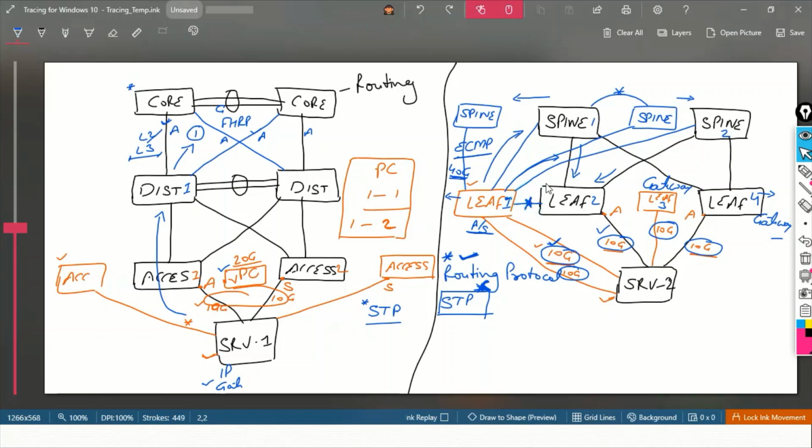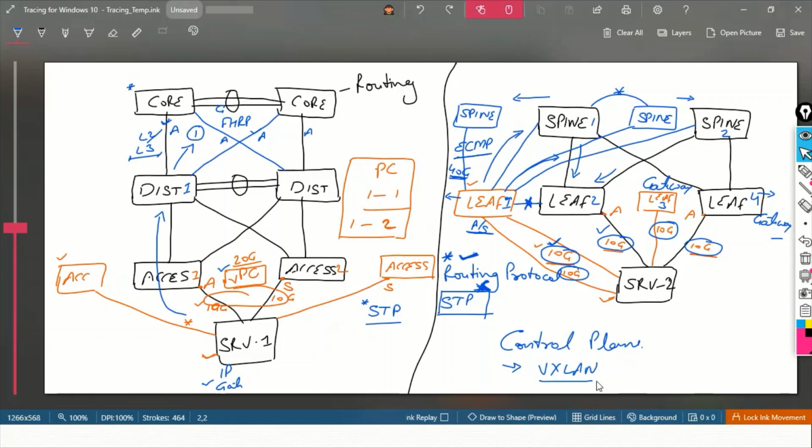This is just because we have some control plane protocols running in between. Out of those, one of the control planes is VXLAN.